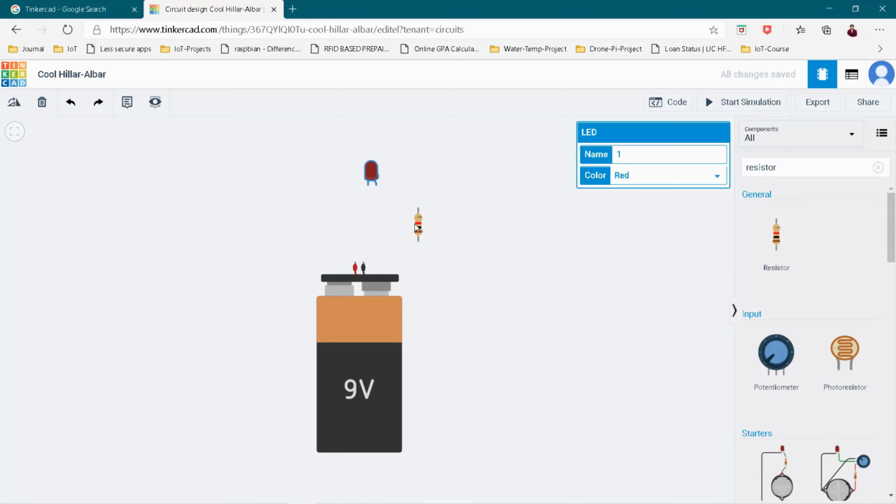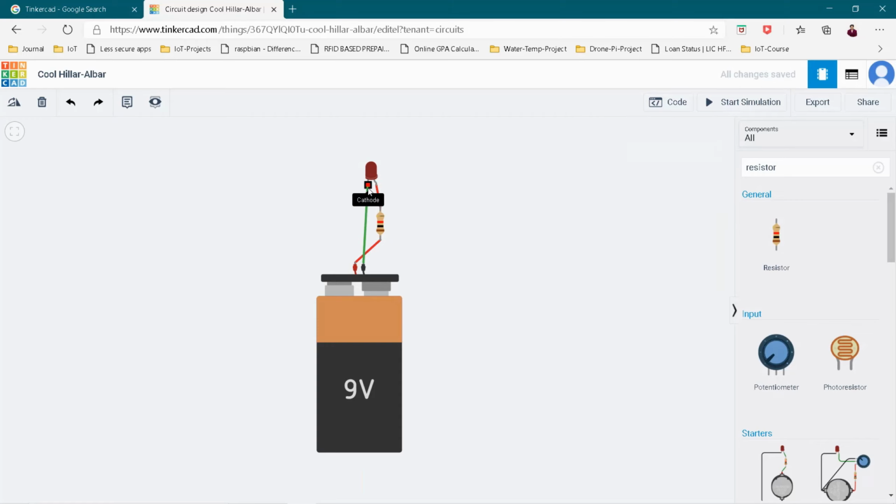So I am going to take it here, and actually the resistor has to give supply to the positive side. So this is the anode of the LED. So the positive leg has to be connected with one leg of the resistor. Through the resistor I am going to divide the power, and this resistor will supply the power to the LED, which is required by this device. Okay, this will not give the full voltage given by the battery. Then the positive side of your battery should be given to the other side of the resistor. So this should be in red color. As I told before, power should be in red color, and similarly negative directly you can provide it.